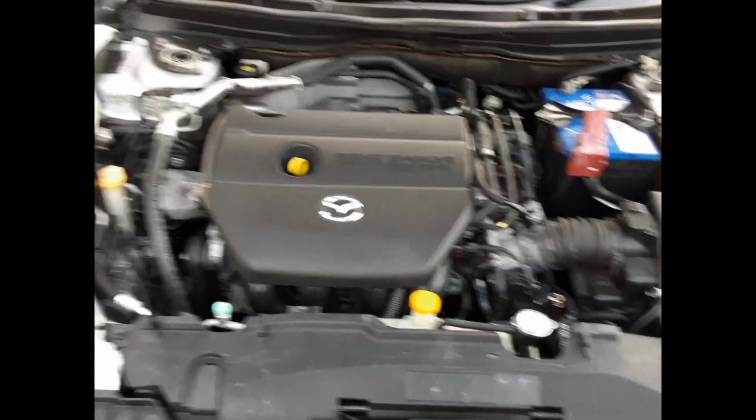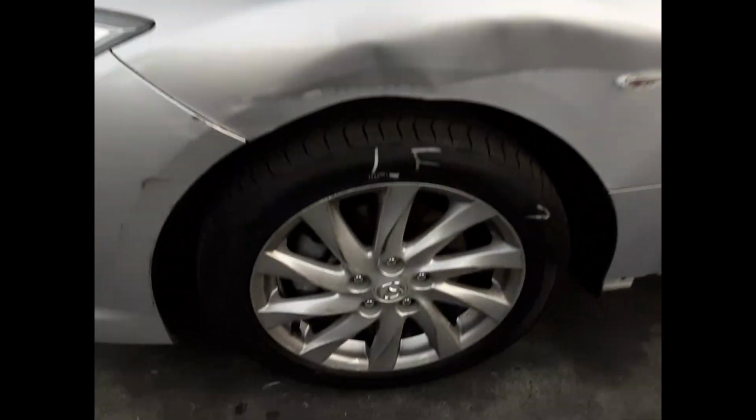2.5 litre 4-cylinder petrol engine. We have the radiator grille, right-hand headlight, right-hand fog light, tidy front bumper cover, left-hand fog light, left-hand headlight, left front factory alloy mag with a good tyre, left rear 17-inch factory alloy mag with a good tyre, left boot